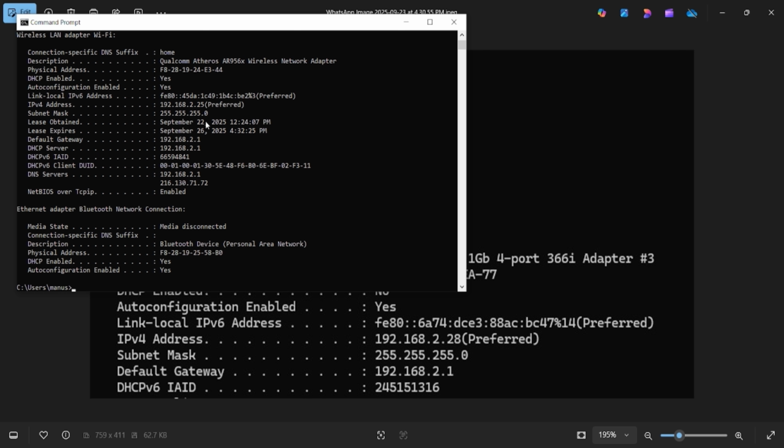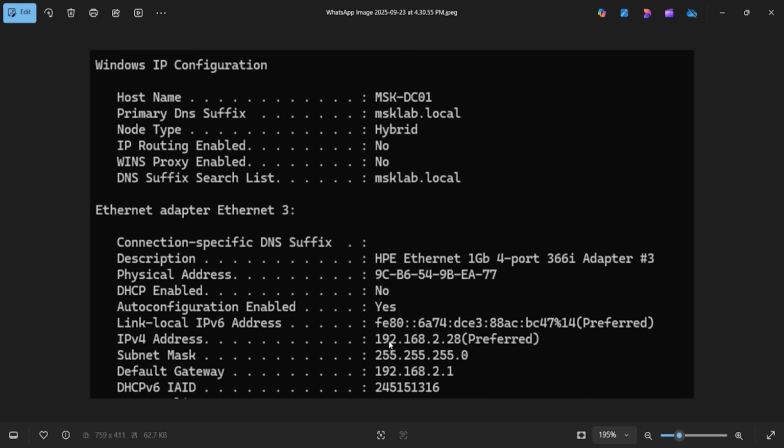This confirms that the laptop and domain controller are on the same network, which is required for domain join. The second thing is that the client must use the domain controller's IP address as its DNS server. Right now you can see my laptop is using the IP 192.168.2.1. That's actually the IP of my home router. So at the moment my laptop is relying on the router for DNS queries. But to join this laptop to the domain, I need to change this IP to the domain controller server's IP,